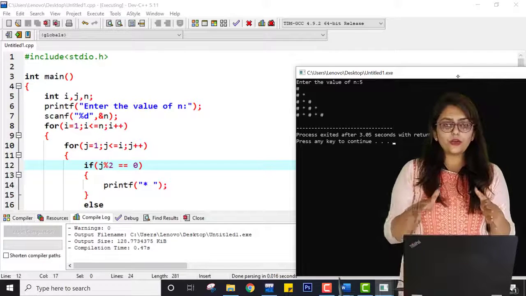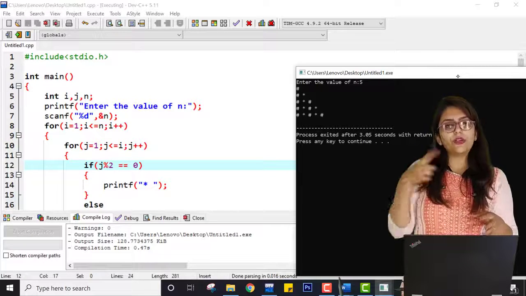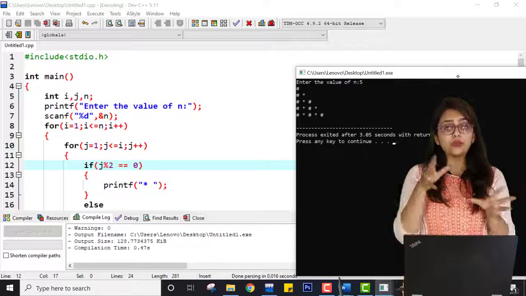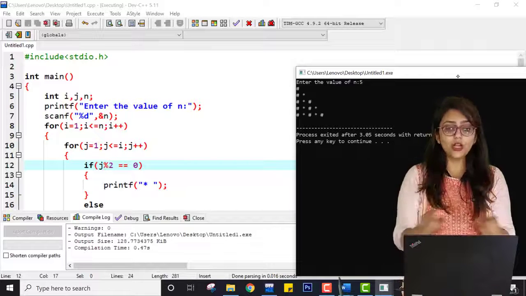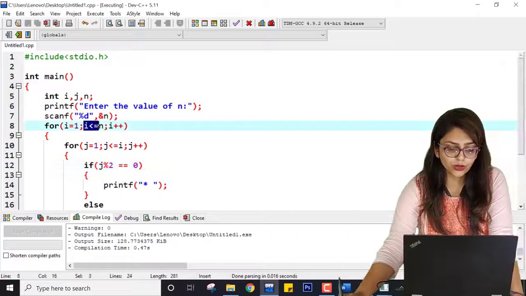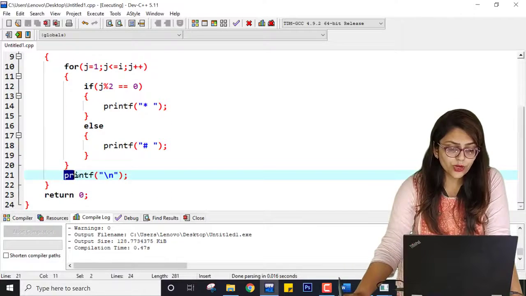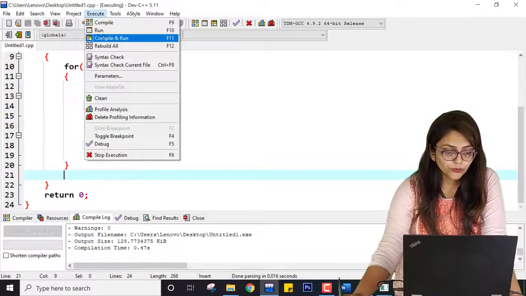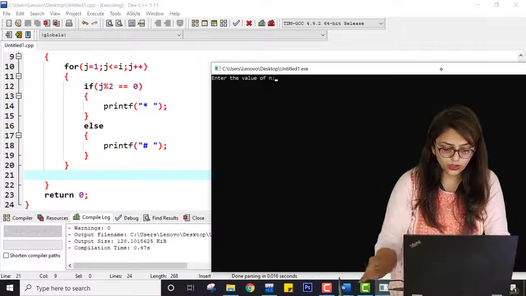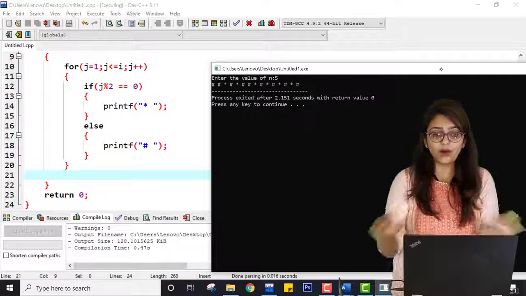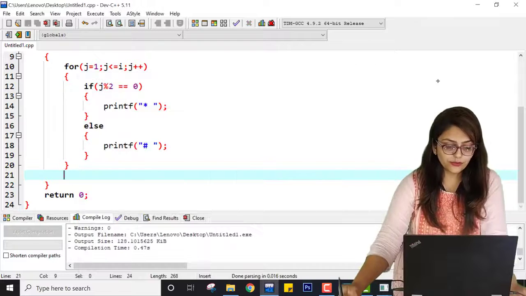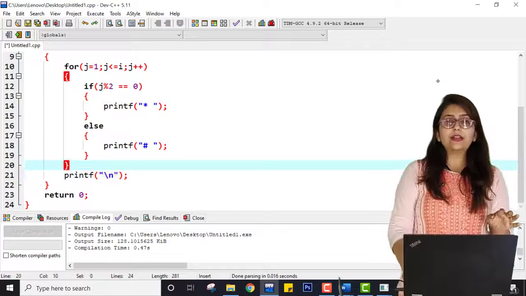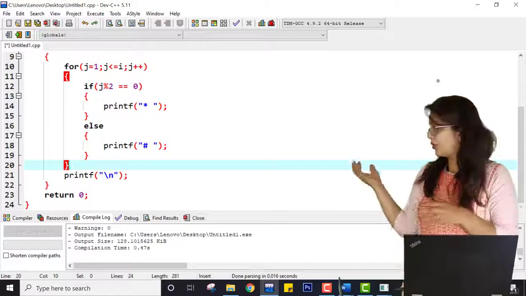Now if there is an error in your code, it may happen that your program goes into an infinite loop, right? If you are executing your program and it goes into an infinite loop, that means your program is wrong. You have given some wrong conditions over here, or sometimes students forget this statement. If I have not written this statement, you will get very bad output, like this kind of output, right? So you can see, just because I forgot this line, I am not getting the desired output. So make sure that you are writing the right code according to the solution I have given.